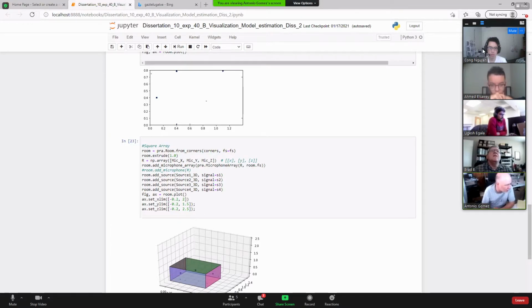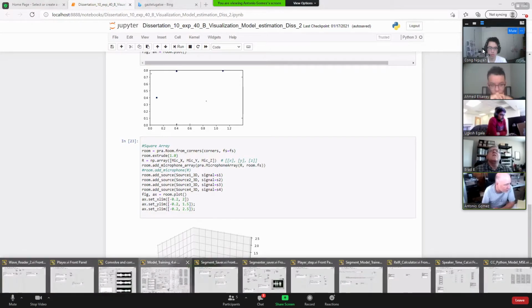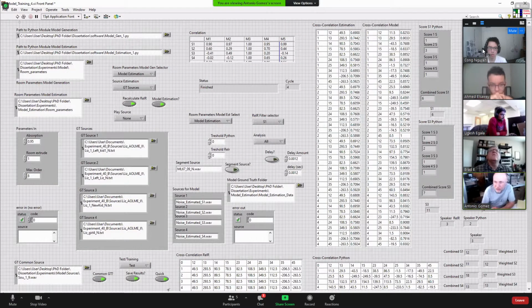And there's a program here that I have. This convoluted screen here does all the work. This is a wrapper written in LabVIEW that runs code in Python in the back, runs code in MATLAB, and then runs it to calculate all the cross correlation between the virtual microphones, and comes to a very simple classifier that tells me which one is the most likely one.